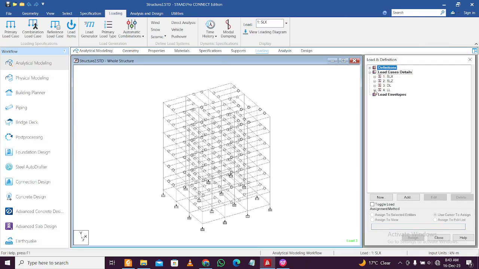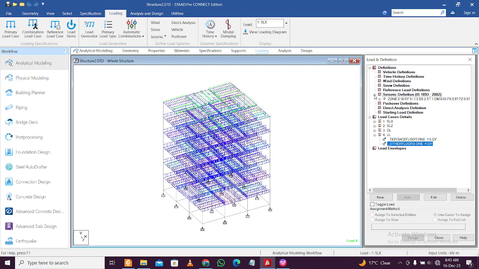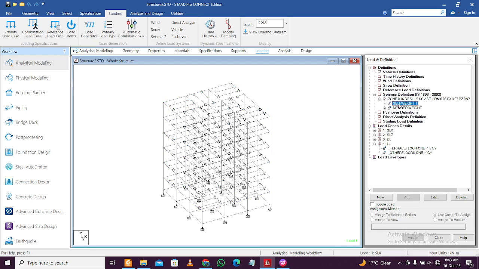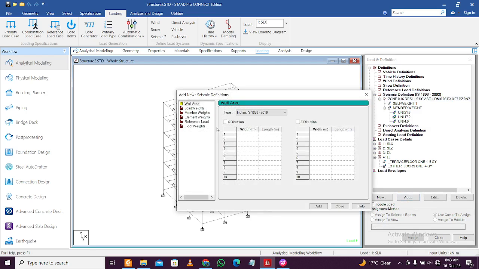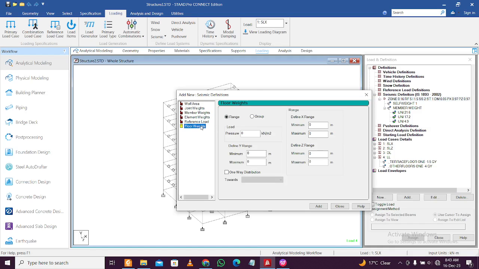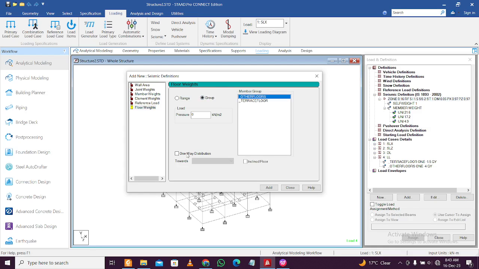First you'll see whether our changes in live load are done. You can see the terrace floor and this floor are done here. In the definitions, I can see self weight has been assigned, and member weight for three particular members has been assigned. Now in the seismic definitions, zone definitions, we'll add our floor weights. One we will add, and the remaining we will do in the STAAD editor itself, just to see how they are giving the groups. We'll take the group here, one-way distribution obviously, and for the dead load we'll do